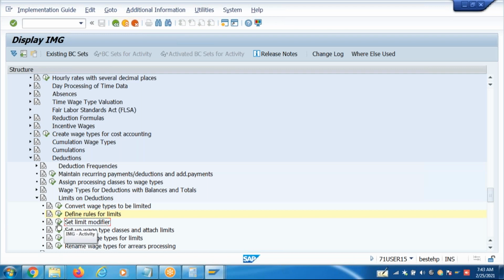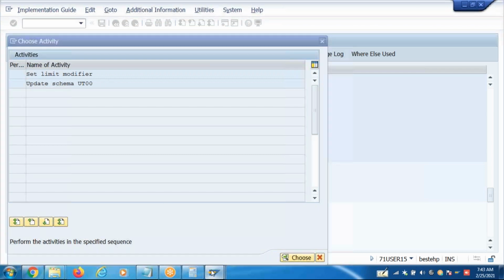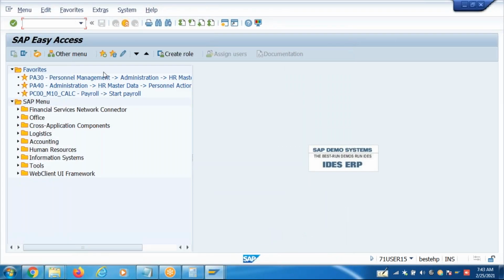Limit modifier. So what is this limit modifier? We have already seen modifiers. This will help you to group the employees based on the structures, which have common limits applicable, common absence valuation rules applicable, common constants applicable.